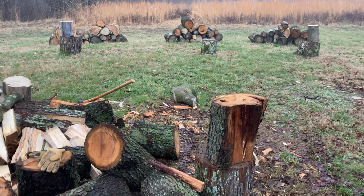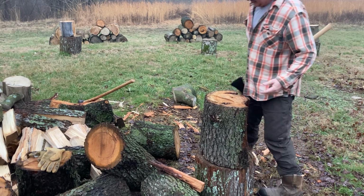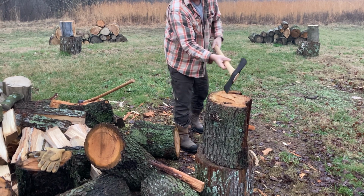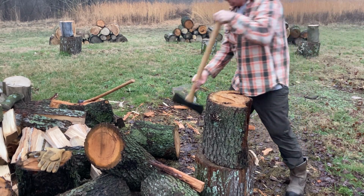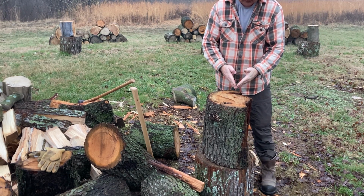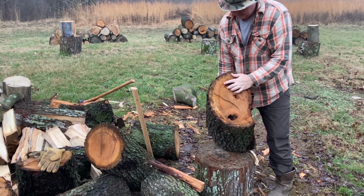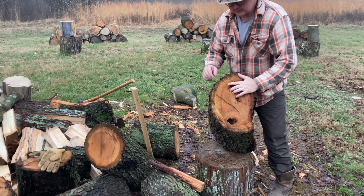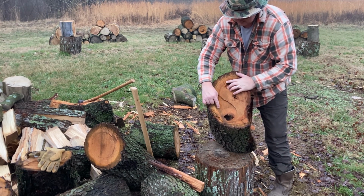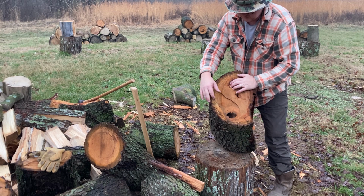Same principle though. You know, all this wood splitting is kind of the same. Most of these trees you treat the same. I'm going to try and do some flicking as well. It doesn't really work as well on some of this wood, but cherry is one of those woods too that if you split oak, it's going to split in these triangle wedges. But cherry has a weakness in the way it grows. Like I hit right here, hope you can see this, and it split off around the tree, like around the ring. So if I hit there again, this will probably come off, but it's going to start pulling that away too, which kind of